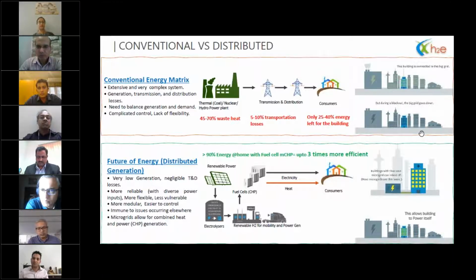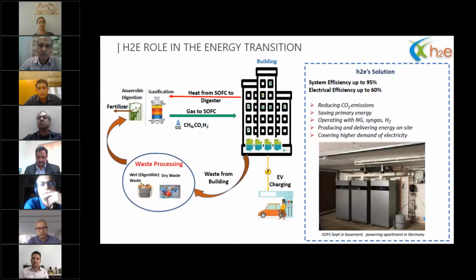So, as big believers in the circular economy model, we have devised solutions based on fuel cell technology, where we use gas coming out of a waste plant in a building. It can be syngas. We also produce hydrogen from that, or from a co-electrolysis process. We produce the gas, use it in the fuel cell, and power the building.